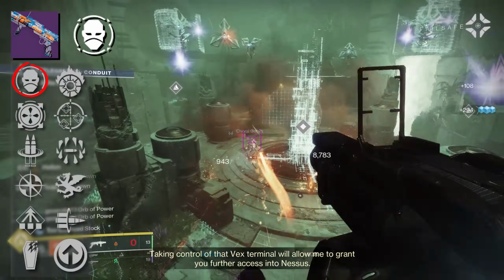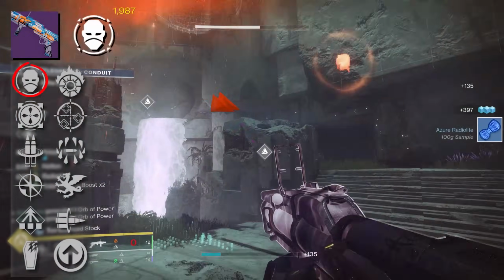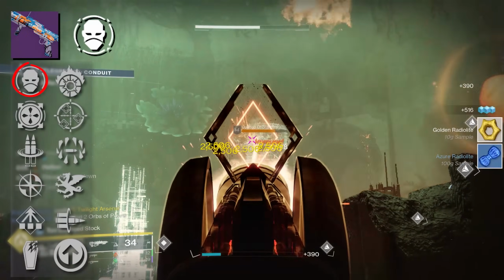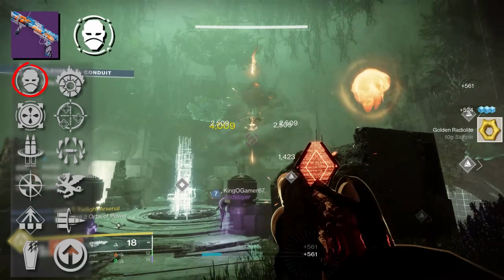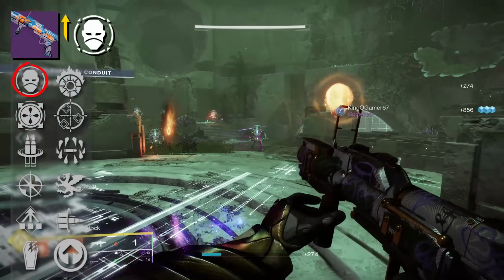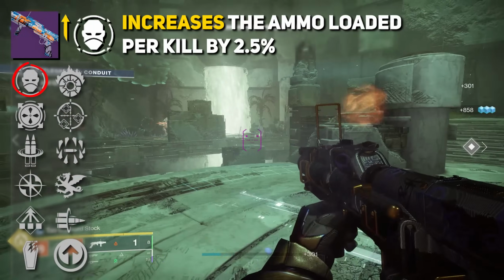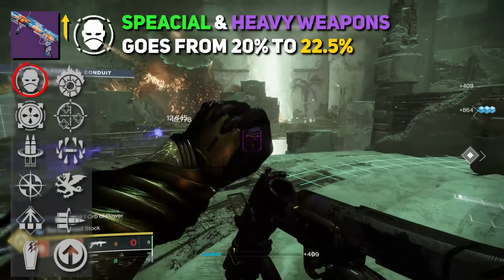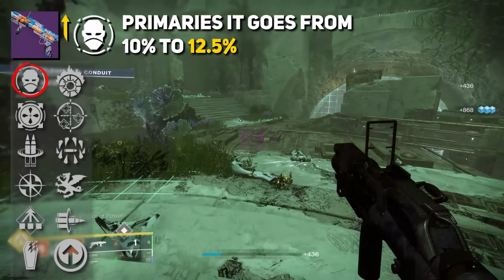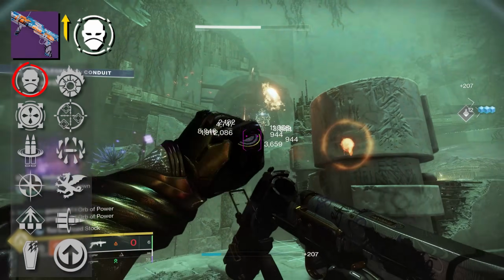which is really nice considering the playstyle of this GL is to really pull out, unload on your enemy, most notably a high health target, champion, whatever, then stow it and continue doing damage with your primary weapon. And the fact that you could do this 3 times is quite impressive. Now the enhanced version of Envious Assassin increases the amount of ammo loaded per kill by 2.5%, meaning on special and heavy weapons, it goes from 20% to 22.5%. On primaries, it goes from 10% to 12.5%, which is pretty much what you'll be utilizing to proc Envious Assassin